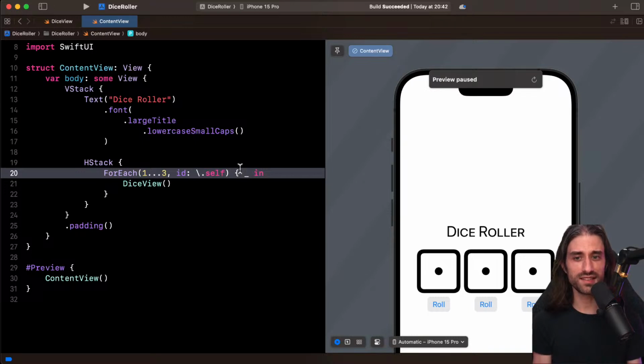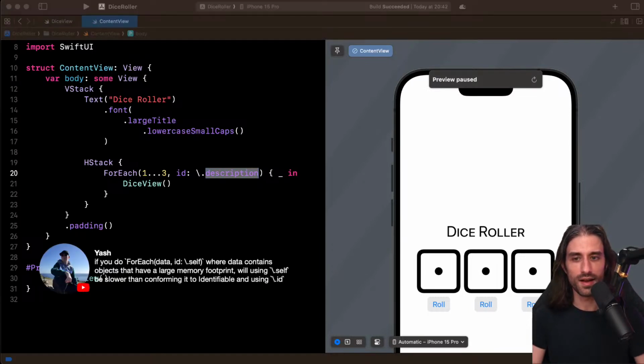It feels so weird, the syntax, that when they released key paths, initially they didn't include this because they hadn't considered that you would need this at some point. So yeah, it would feel weird for a beginner.